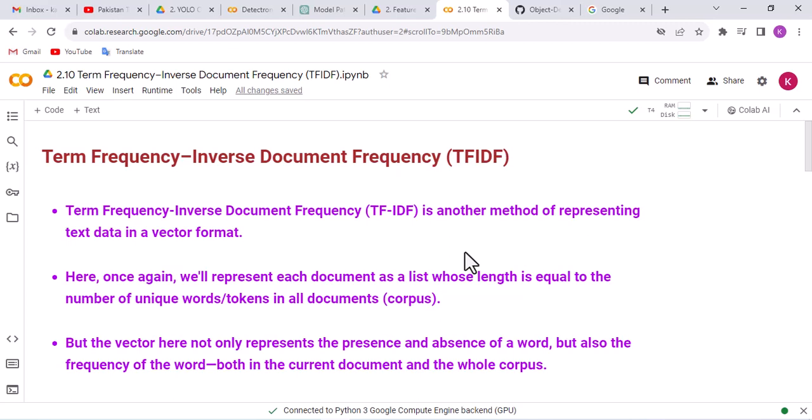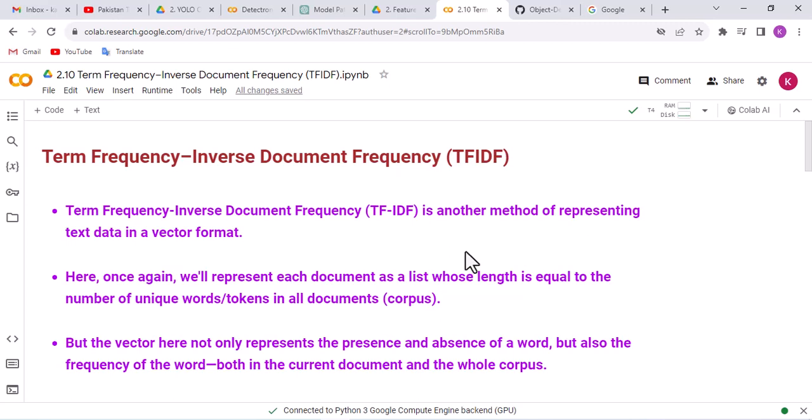Hence, once again, we shall represent each document as a list whose length is equal to the number of unique words or tokens in all documents, meaning the corpus. But the vector here not only represents the presence and absence of a word, but also the frequency of the word both in the current document